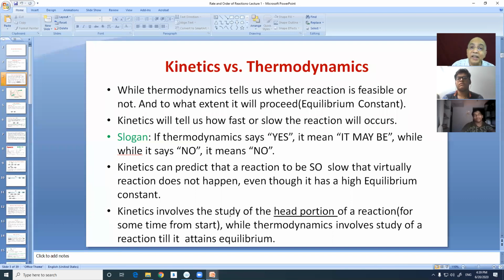But if you are in thermodynamics, it has to wait. It has to wait until equilibrium is reached. Then he will measure the equilibrium concentrations, then numerator by denominator, find Kc. So it is a subject of patience. But kinetics, just a few minutes. Nowadays, only a few minutes are devoted, with the attachment of a spectrometer to monitor a particular reactant, how the concentration is decreasing with time, or a particular product, how it is increasing with time.